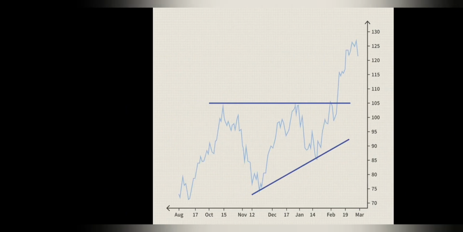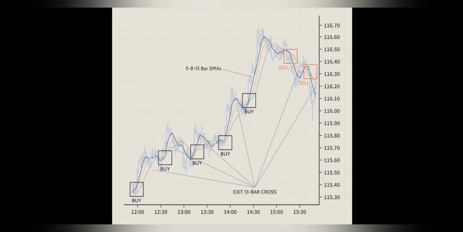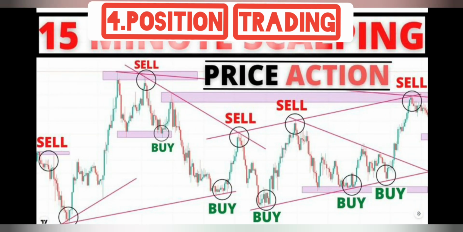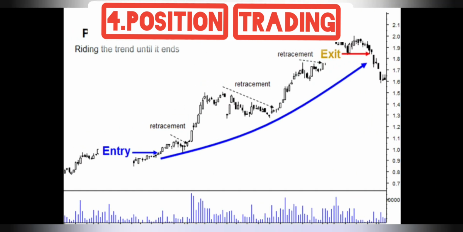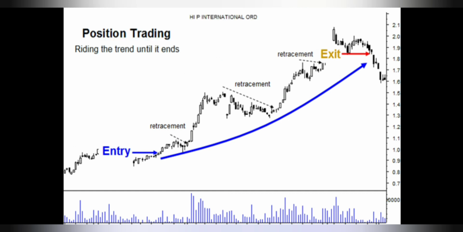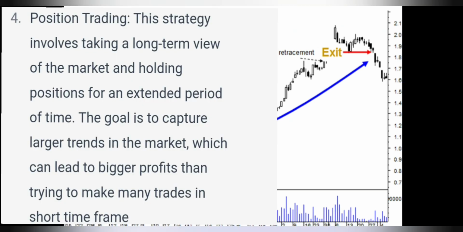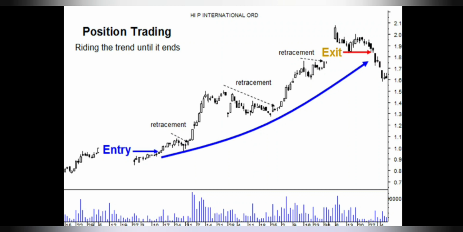Okay, so last but not the least, I'm going to talk about position trading. Now, position trading, ladies and gentlemen, is a kind of long-term trading. Position trading is basically a long-term trading strategy, and this is how it works, gentlemen. Position trading involves taking a long-term view of the market and holding a position for a very long period of time,